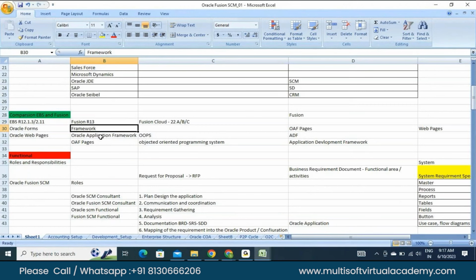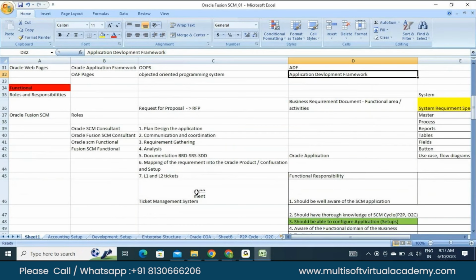Okay, and these three, Oracle EBS, Oracle Fusion R13, and Oracle Cloud, are using object oriented programming. The Fusion application itself has the pages built with ADF, which is the framework for the development of the pages, the Application Development Framework. Okay, now as a functional consultant, what are the different roles and responsibilities which